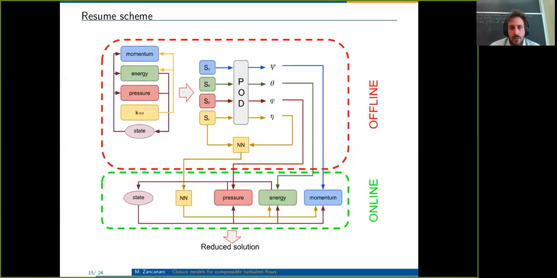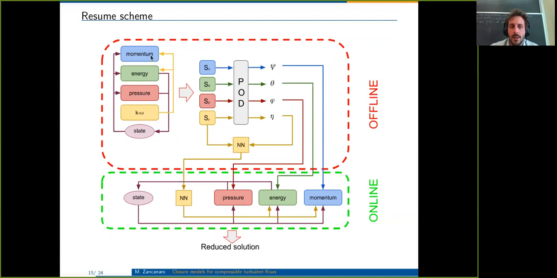So this is a scheme summarizing more or less all what I told you till now, because I can understand that it may not be that easy to catch. And here maybe it is more clear. So on top you have the offline part. On the top left, you have the offline algorithm that is composed by momentum, energy, and pressure, the k-omega, and state equations that are somehow influencing